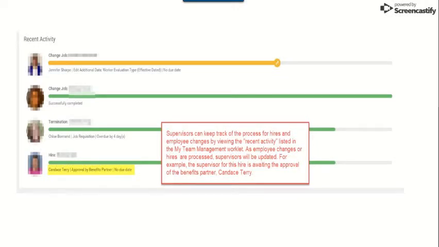As you can see, there are several changes that have recently taken place. In each of these employment activities, I can see how far in the process we are. One of these activities is completed and the others are well on their way. In the first example, a job change was submitted. I can see from this activity stream that I am now waiting on Jennifer Sharp to enter the worker evaluation type. I know that Jennifer works in HR and that this additional data is a part of the job change